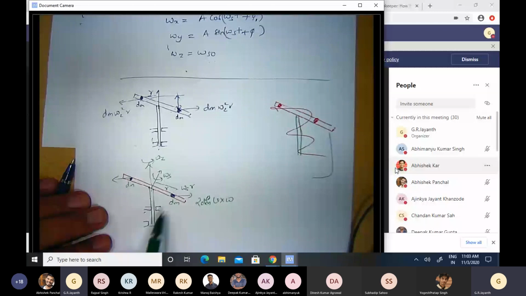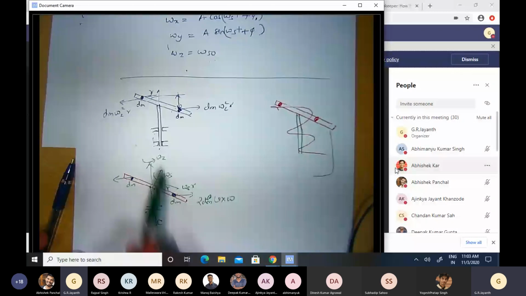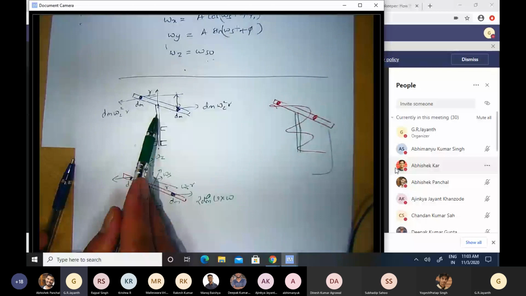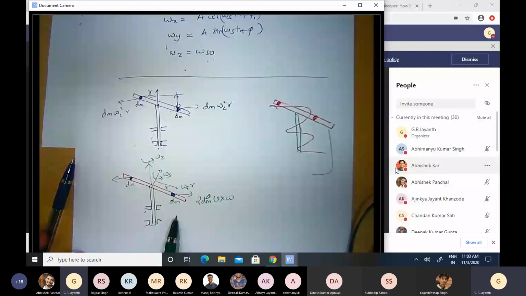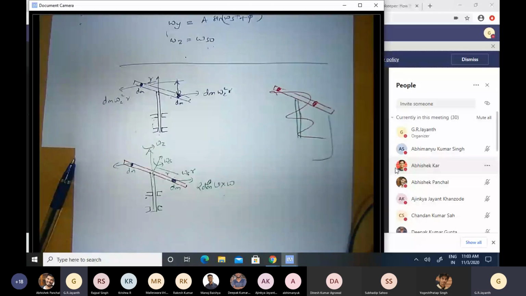Just as the swash plate experienced a moment because of centrifugal force, here this spinning wheel experiences a moment because of both centrifugal force as well as Coriolis force. So the spinning of this plate with respect to the shaft contributes to a Coriolis component, and spinning of the shaft itself with respect to the inertial frame contributes to the centrifugal component. I just wanted to point out this picture to make this more intuitive and easy to understand, and then move on to the next discussion, which is about the gyroscope. Any questions before that?